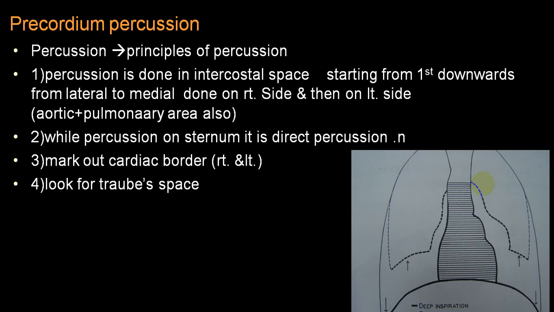So in a sitting posture, the fluid will be gravitating back to the lowermost part, that is inferior, and you will have a decreased area of dullness in the aortic or pulmonary area. And when a person goes to supine posture, gravity is not working, the fluid will go more to the base, or what we call as close to the aorta or pulmonary artery, and that will produce increased area of dullness, and this is described as a shifting dullness.